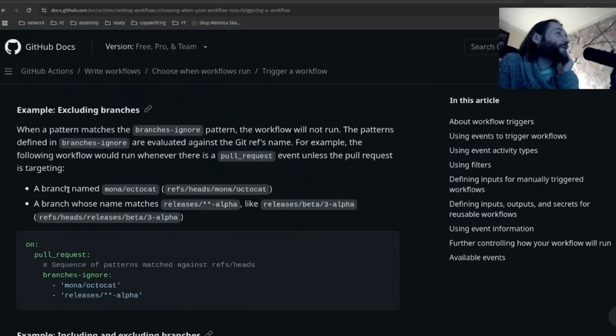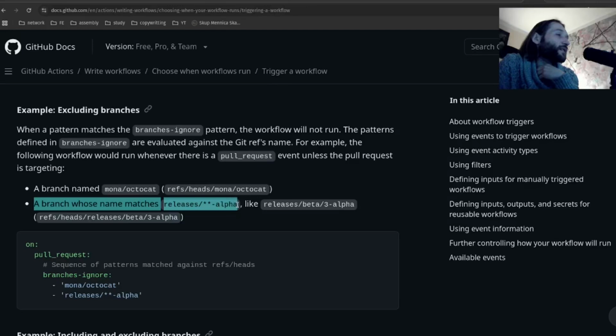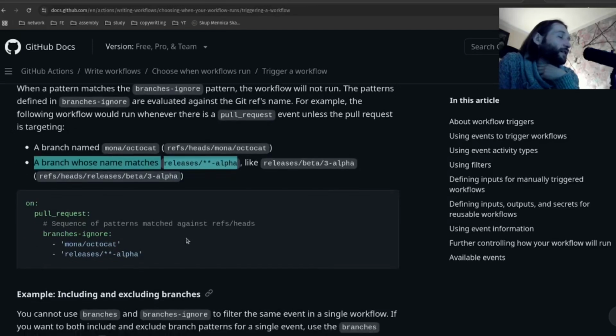Excluding branches. When a pattern matches the branches-ignore pattern, the workflow will not run. The patterns defined in branches-ignore are evaluated against the git ref name. For example, the following workflow would run whenever there is a pull request event, unless the pull request is targeting a branch named mona/octocat and a branch whose name is releases/**-alpha. So yeah,